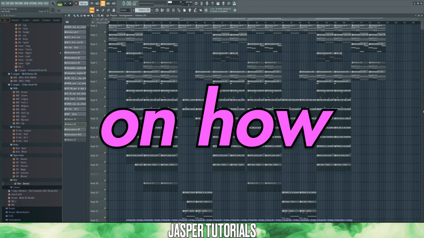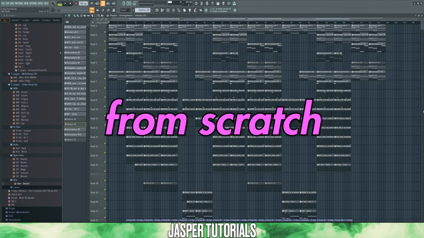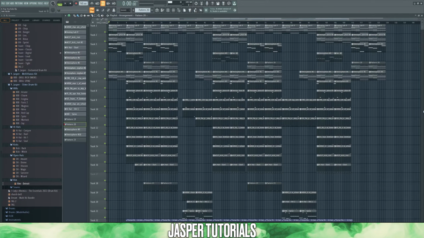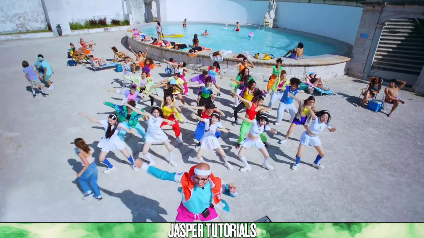Here's the full guide on how to create a K-pop track completely from scratch on FL Studio. Let's start by understanding exactly what is needed in a K-pop beat. K-pop is a huge genre and is full of tracks that are all completely different. For example, if we take the track Super Shy by Newjeans,